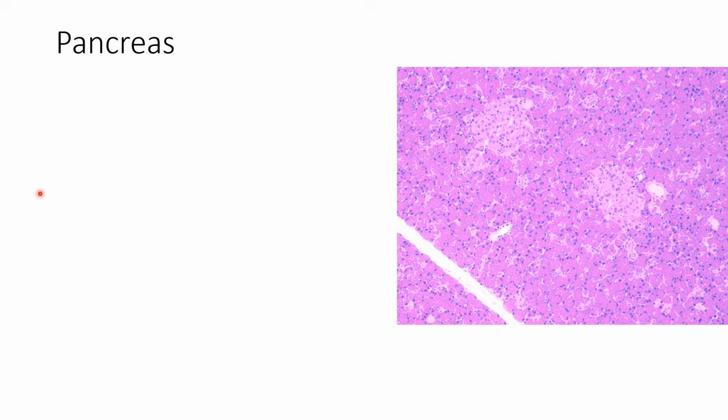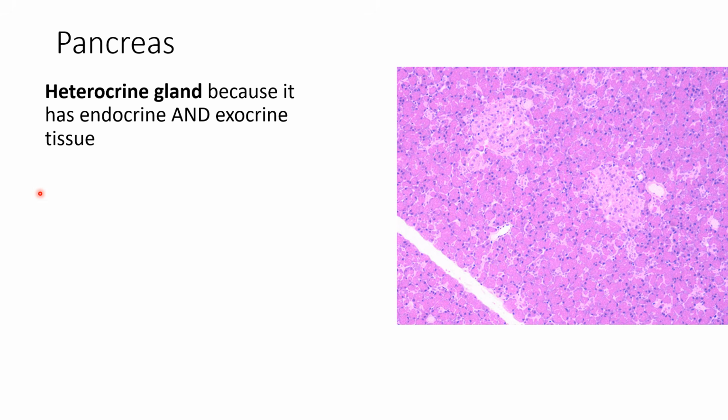So the pancreas is actually a mixed organ. We call it a heterocrine gland because it contains endocrine tissue and exocrine tissue. So remember, endocrine tissue releases hormones to your blood. Exocrine tissue is going to release some kind of a product outside, like your sweat glands are exocrine glands because